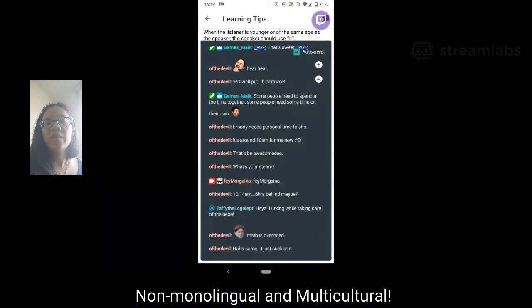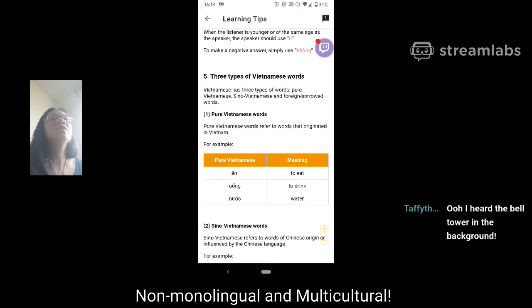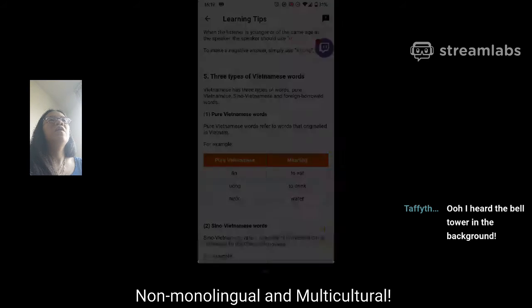Three types of Vietnamese words. Pure Vietnamese, Sino-Vietnamese, and foreign. I can never remember if this is Sinophile or cinephile. I think it's Sinophile.